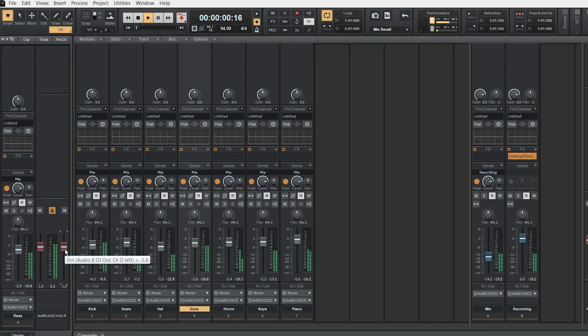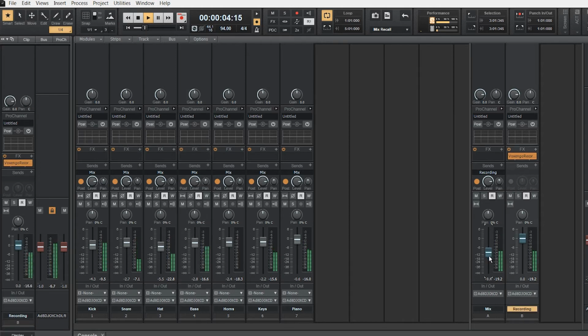It's getting louder and louder. So that's why I bring this down. I'm going to bring the master down, but this is my stereo bus.